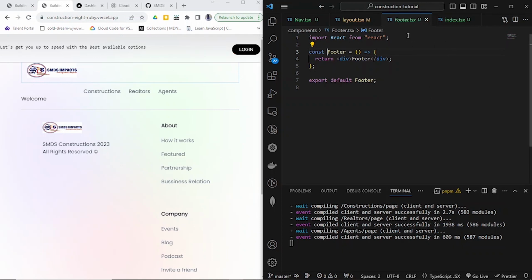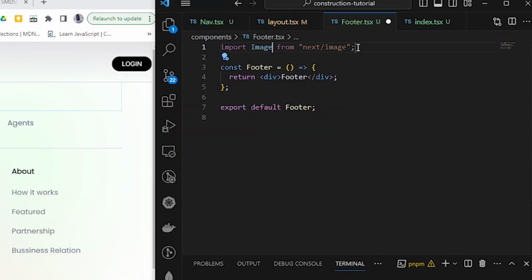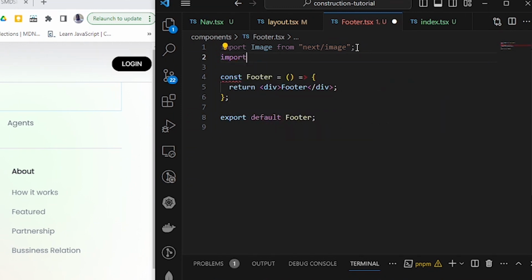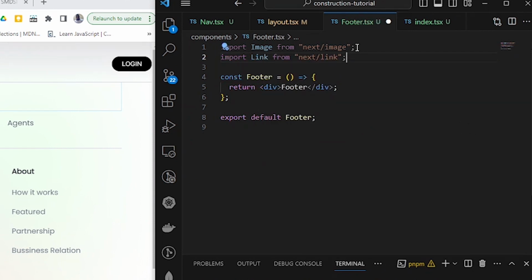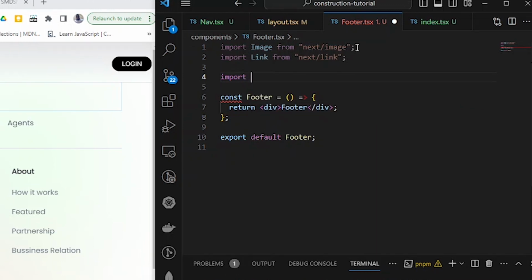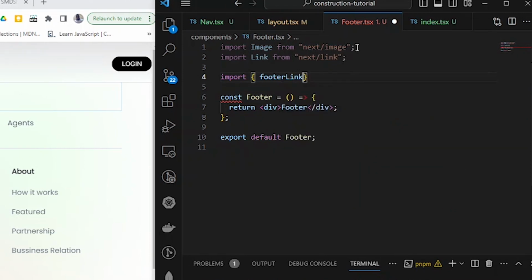All right. First and foremost, we are going to import our image from next image. And then we will import a link from next link. And then we're going to import the constant that we're going to be using to do this work. Call it footer links. Import footer links from